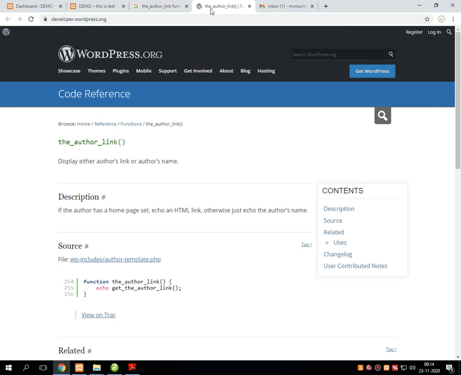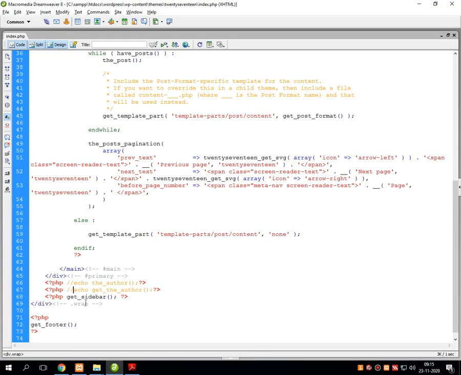A very simple function, it displays author's link or author's name onto the screen. Again one more function which is related with the name of author, but it displays the complete reference link of author onto the screen with the help of WordPress hook called the_author_link. Let's check whether it will work or not.